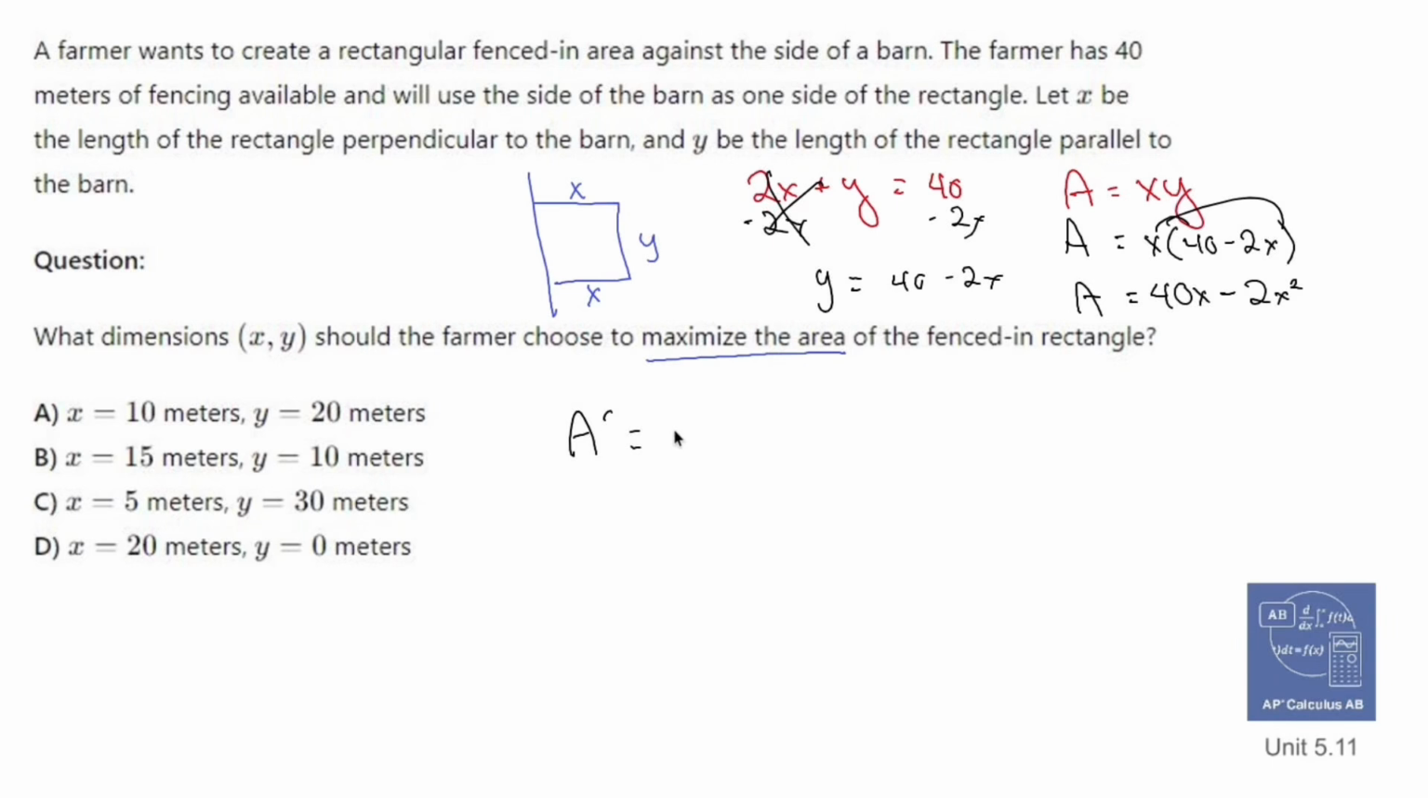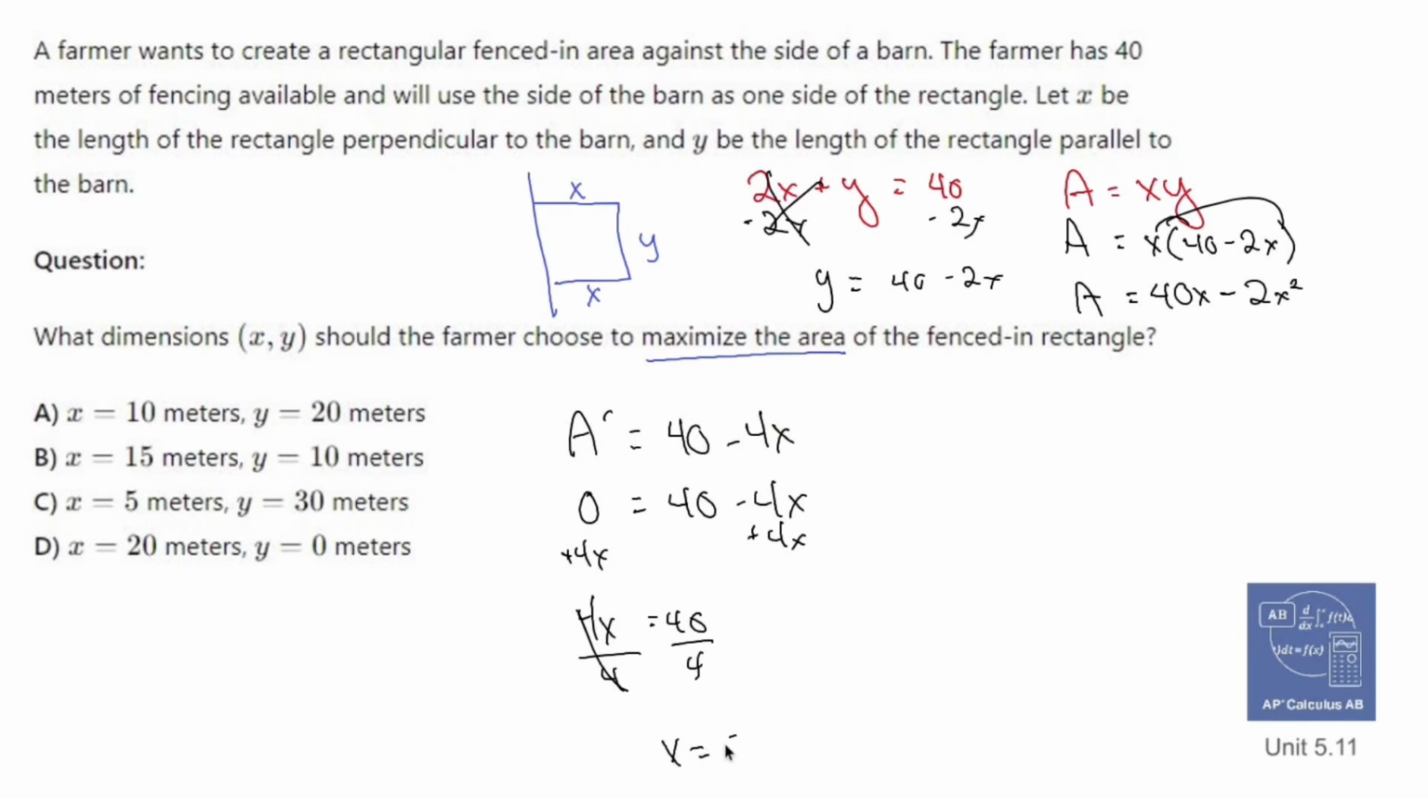Okay, so a prime is going to equal 40 minus 4x. Set it equal to 0 to find my critical point, so 40 minus 4x is equal to 0. Add 4x, and 4x will equal 40. Divide by 4,